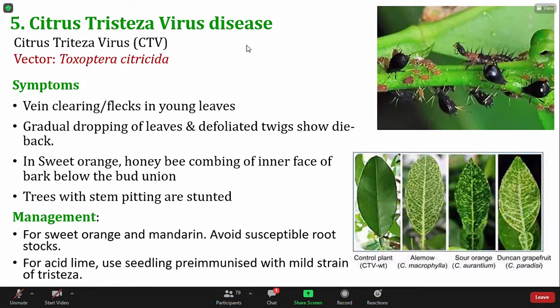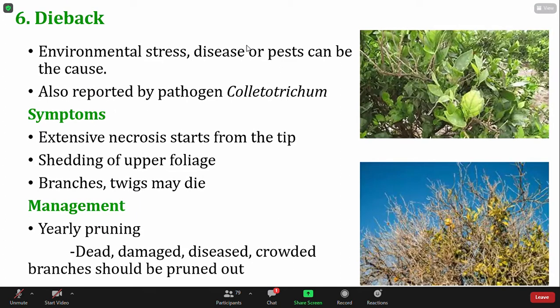The management practices are, for sweet orange and mandarin, avoid susceptible rootstock. Usually we have to have resistant or less susceptible rootstock to avoid such diseases, right? For acid lime, use seedlings pre-immunized with mild strain of Tristeza. So the selection of cultivar is very important in managing this disease. The dieback, this is caused by environmental stress, disease, or pest, but this is also reported by